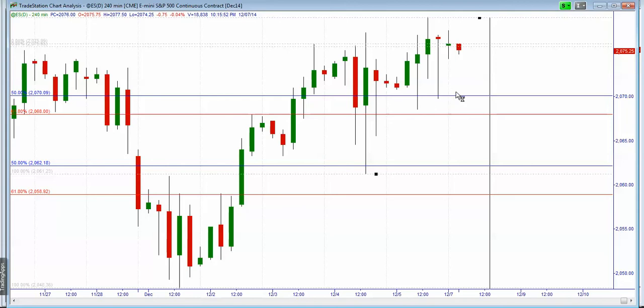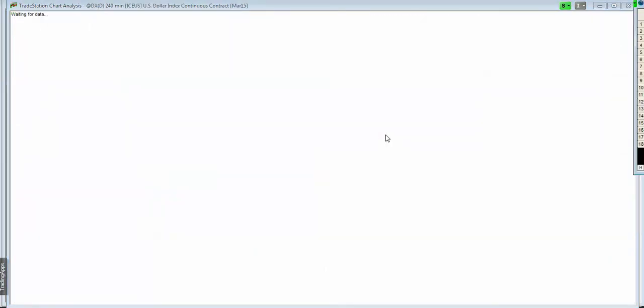So this market actually has inner moves on the 4 hour that are visible on the 4 hour time frame here that are pushing price higher. Moving to the dollar index,